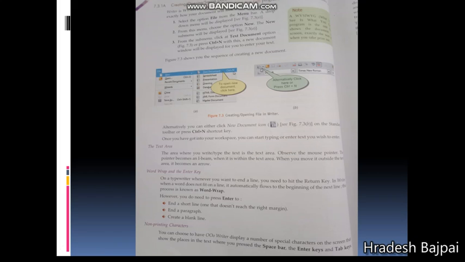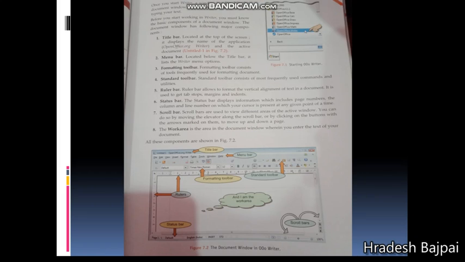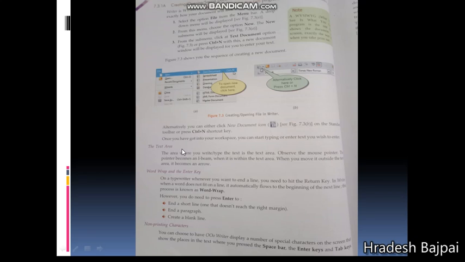Next, how to create a document in OpenOffice Writer. As you open OpenOffice Writer, first click on the File menu, then click on the New option, and then choose the Text Document option. The shortcut key for opening a new document is Ctrl+N. As you click on this option, or press Ctrl+N, a new blank page will appear, and that page will look like this screen you can see here. You can start writing and typing there.